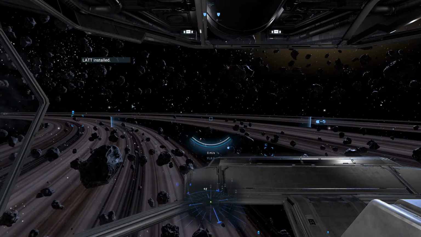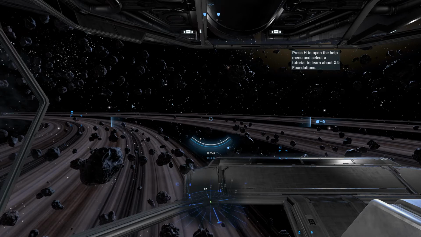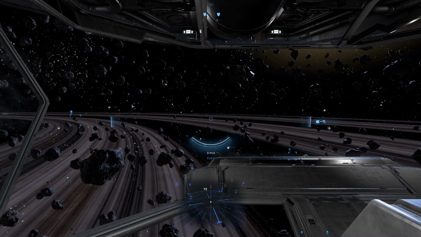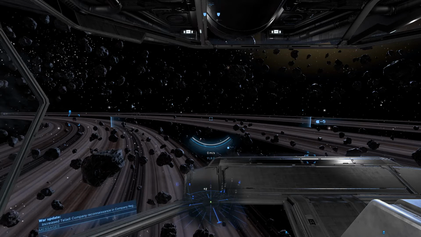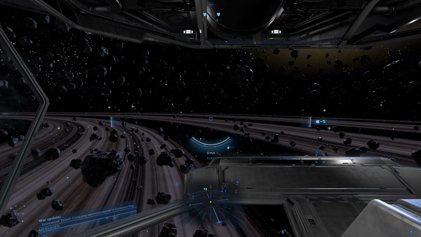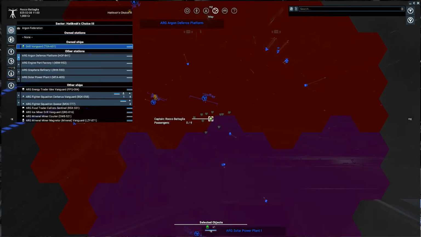Hello my friends and welcome to this X4 Foundations mining tutorial. I am here in Hatikvah's Choice and I am in the heart of an excellent asteroid field. We will be doing today's tutorial with the most common mining ship used by players who are working with the Argon Federation. If I hit M to bring up my map, I make sure my drill Vanguard is selected and